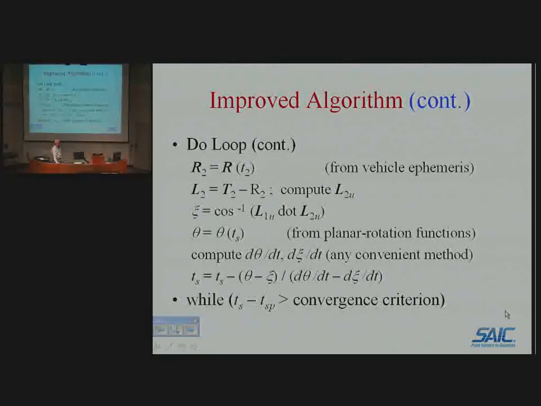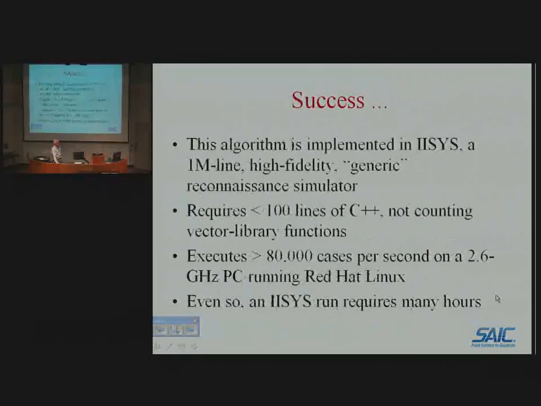How well does it work? I've never seen it take more than 4 iterations to converge. I've often seen it converge to 10 to the minus 15th on the 4th iteration. That's basically the limit of IEEE 754 double precision floating point accuracy. That's about the best you can do. It's implemented in about 100 lines of C++, and on an ordinary Pentium class PC, it'll run 80,000 slew time computations per second, which is what we need